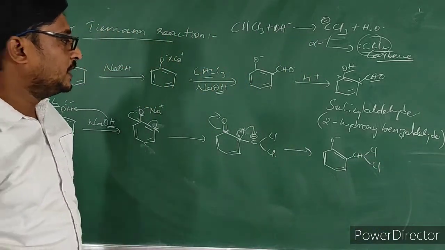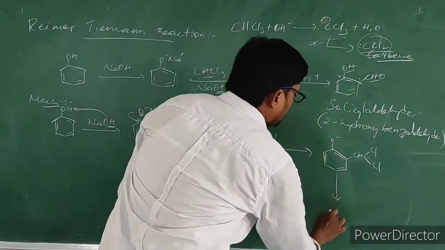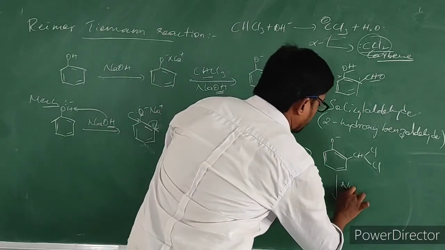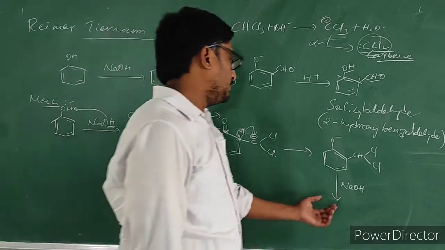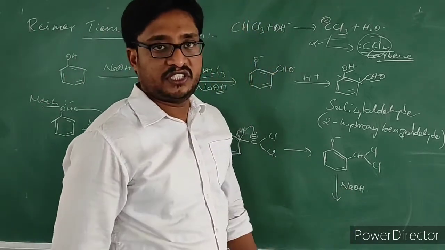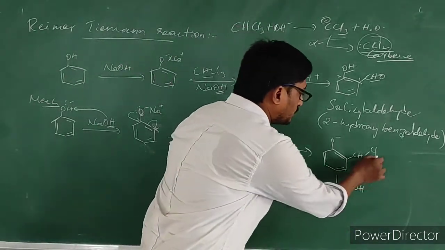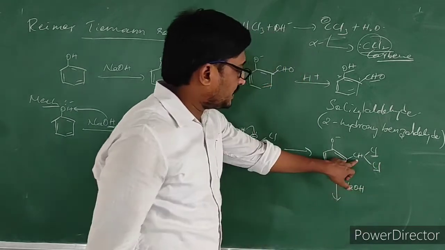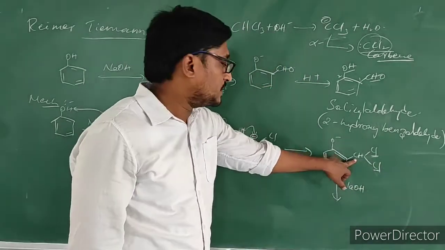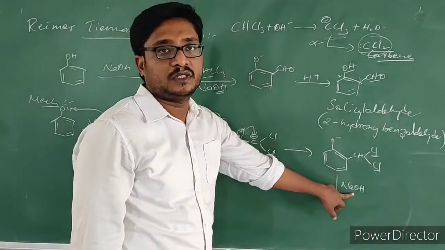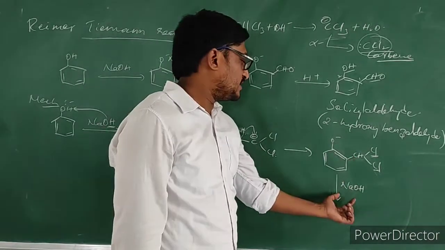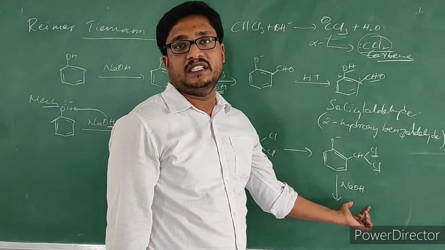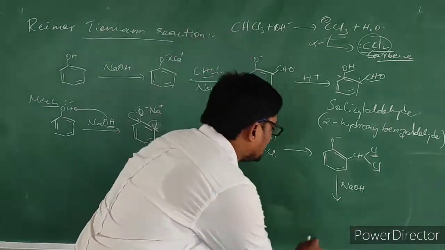CHCl2. Okay. Now this will react with sodium hydroxide. Hydrolysis, you can say, with the help of this NaOH takes place. Nothing but these two chlorine atoms which are present on this carbon, they get substituted by the OH groups. So this product which is produced here, it will get hydrolyzed by this sodium hydroxide. So it results in the formation of